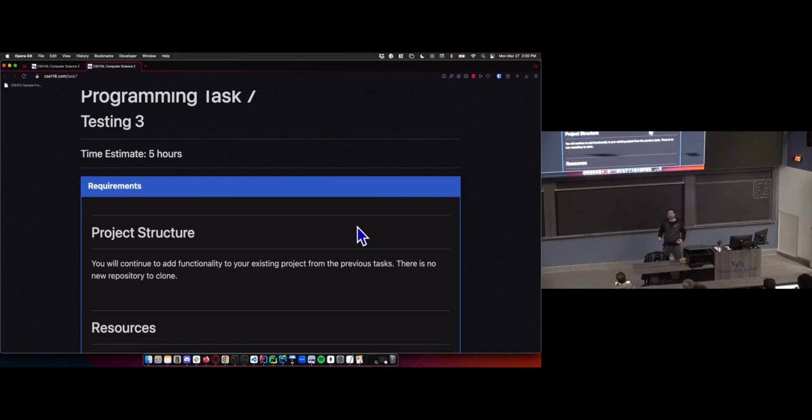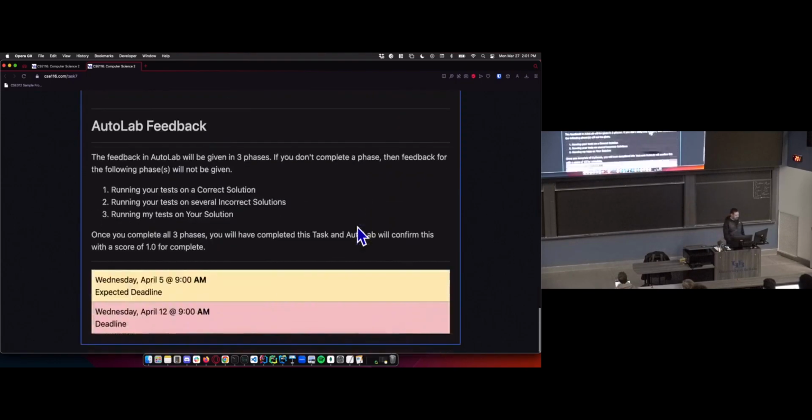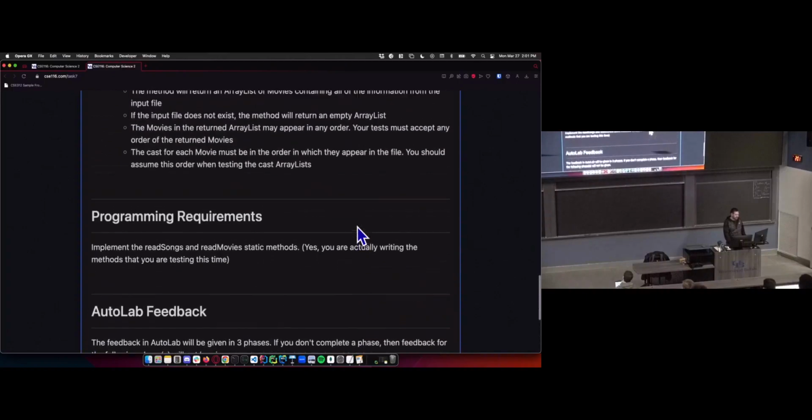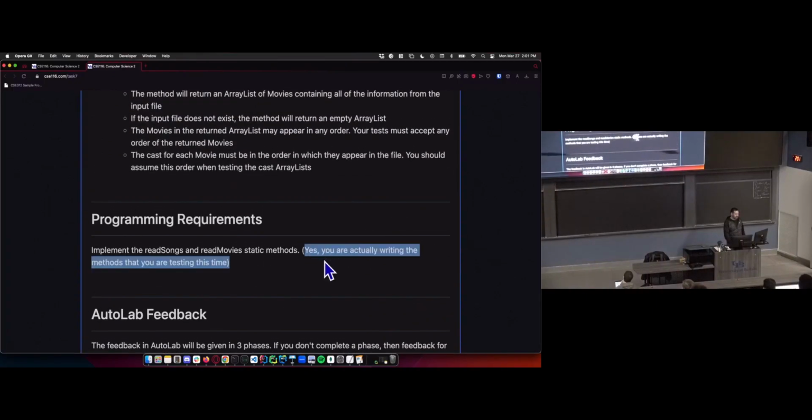So Task 7 was intended to be like Task 4 in that you write all the tests for Task 8 and 9. So that is not the case anymore. We're abandoning that strategy pretty quickly. So you will be writing the code for the test and the code for Task 7. But this also means that you're not writing the tests for Task 8 and 9. So Task 8 and 9 will contain their own tests. So Task 7, 8, and 9, you're writing the test and the code for everything that you do in those tasks.